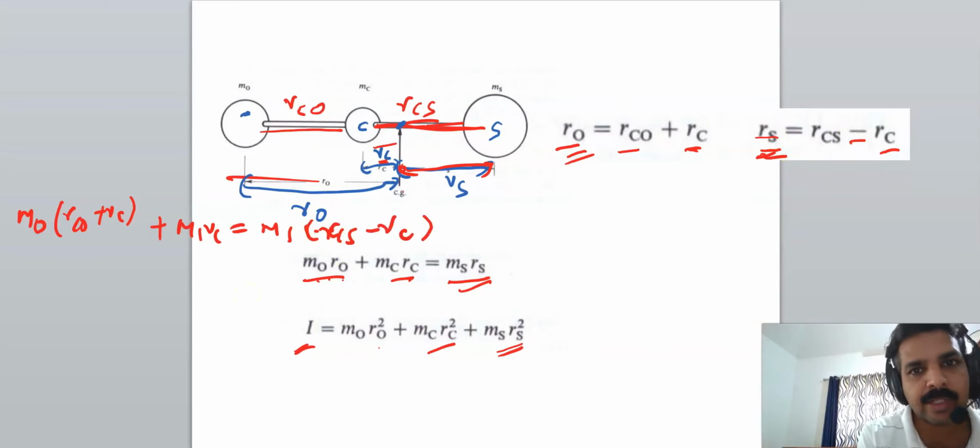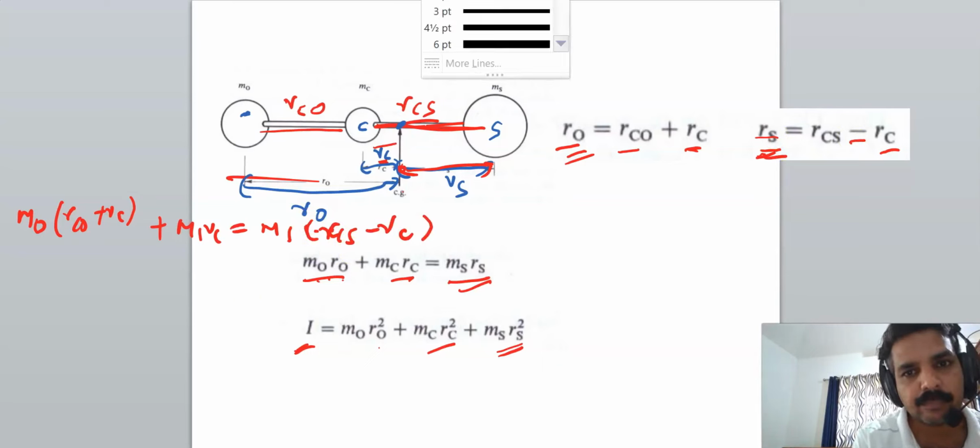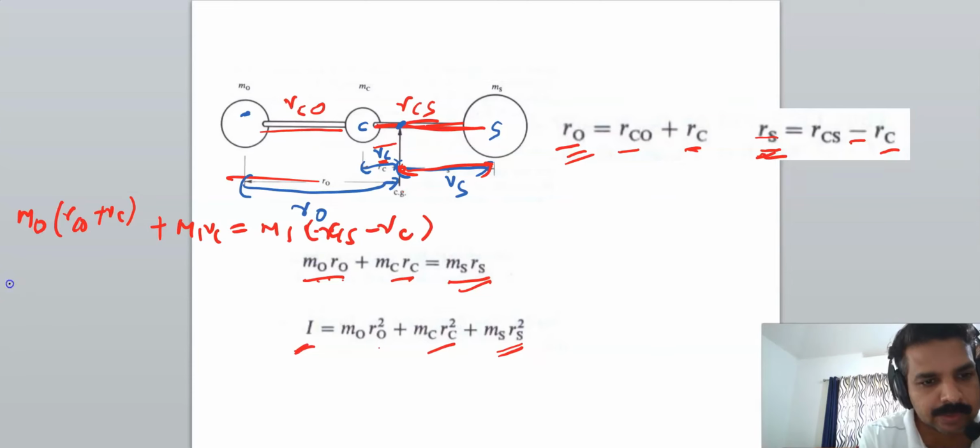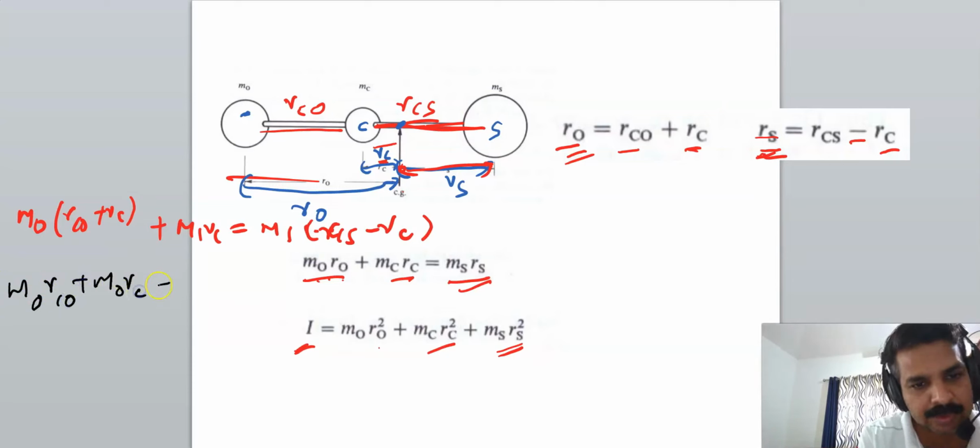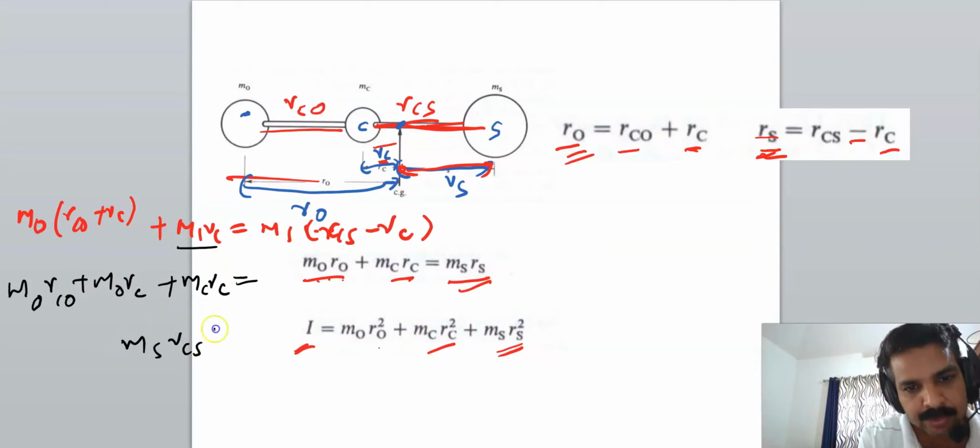Removing the bracket, we can write MORCO plus MCRC, which is already here, is equal to MS into RCS minus MSRC. Taking this side, we get, and taking this MORCO to that side, we get